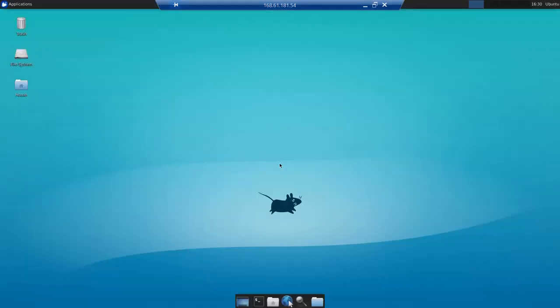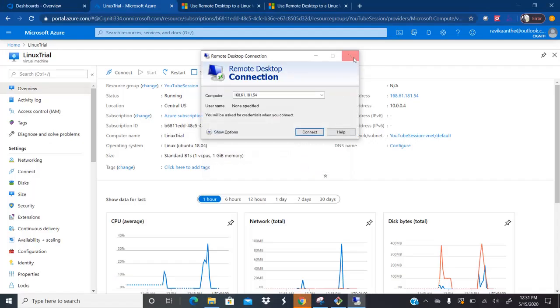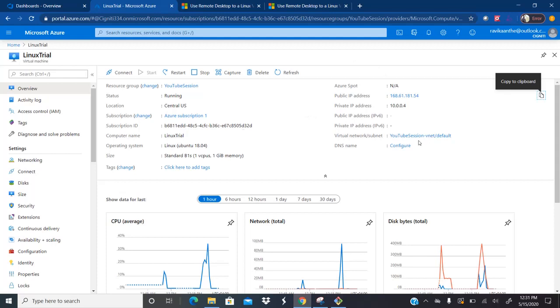Okay, so if you see here, this is my new computer or virtual machine that I have created on cloud service, Azure cloud. Okay, so you just again click close, click OK. So this is how you can remote into your virtual machine that you created in cloud.